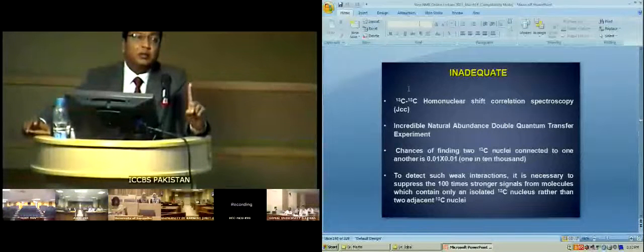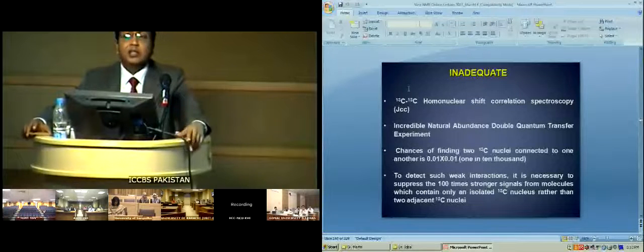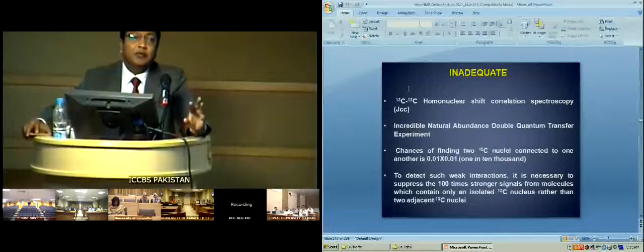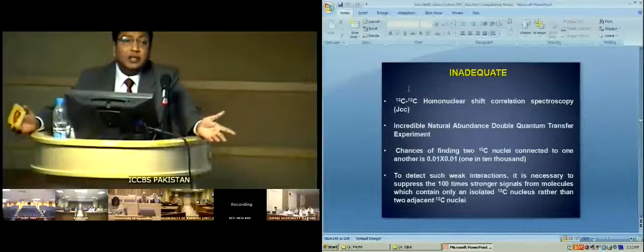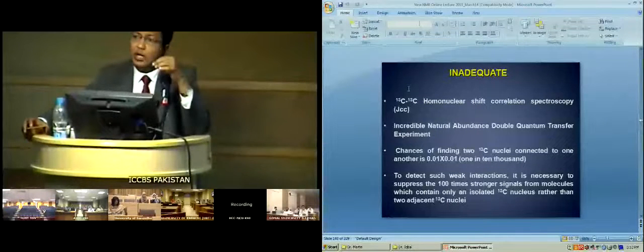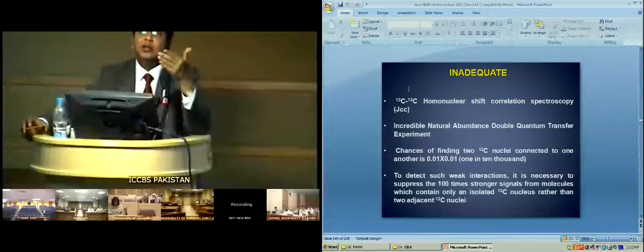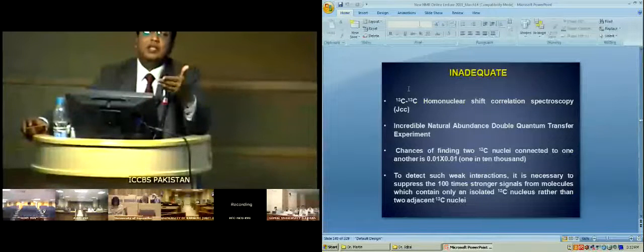So only one molecule in 10,000 would have carbon-13 next to a carbon-13. And if you want a third one, it is 1 in a million, right? So the possibility of having two carbon-13s neighbor to each other is so rare that you cannot record it in a normal